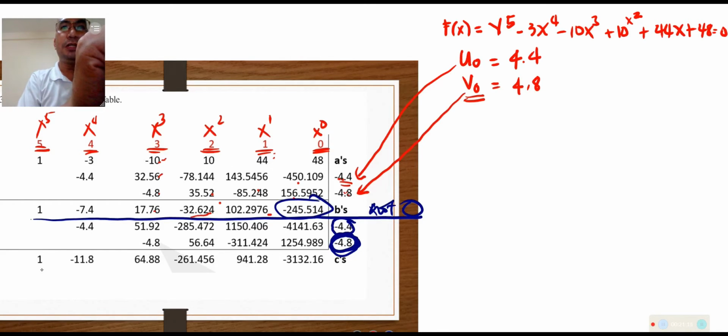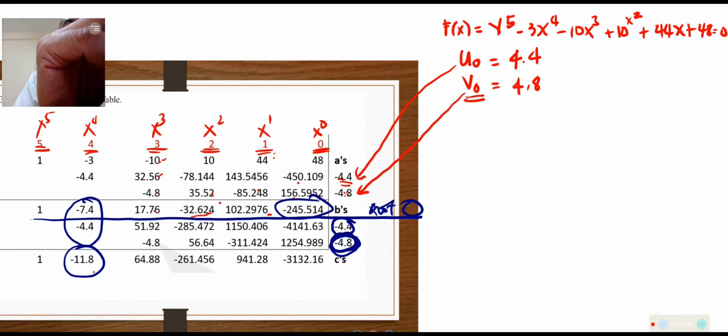So we bring down 1 times negative 4.4, that is minus 4.4. We add this one, that is negative 11.18. And then negative 11.18 times 4.4, that is 51.92. But again, it is only from this time that we will start, since it is one process delayed, the multiplication of V. So 1 times 4.8, so it becomes minus 4.8. Then we add this one. So the answer is